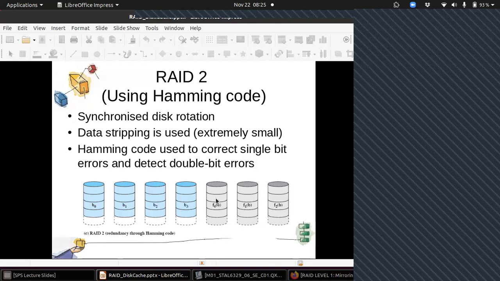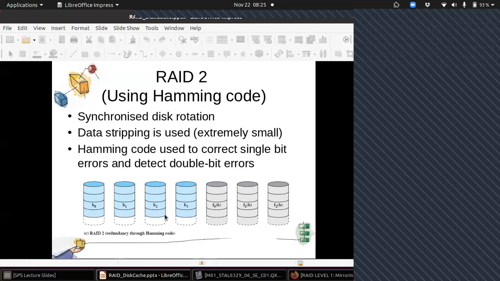Then what is this? This is an extra disk, which is used to store Hamming codes. And Hamming code is basically used to correct single bit errors and detect double bit errors. So Hamming code is a separate topic. It's a method through which you can create some code out of these bits, and these bits can be used to identify if there is any error. 1 bit error can be identified, only 1 bit error.